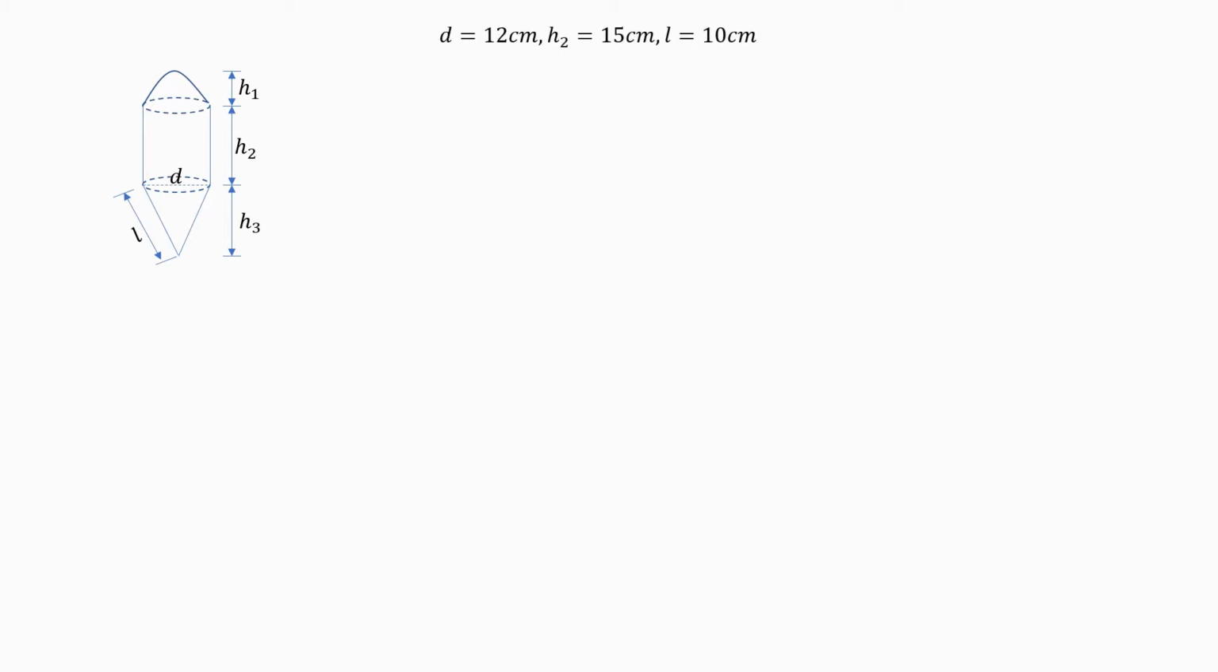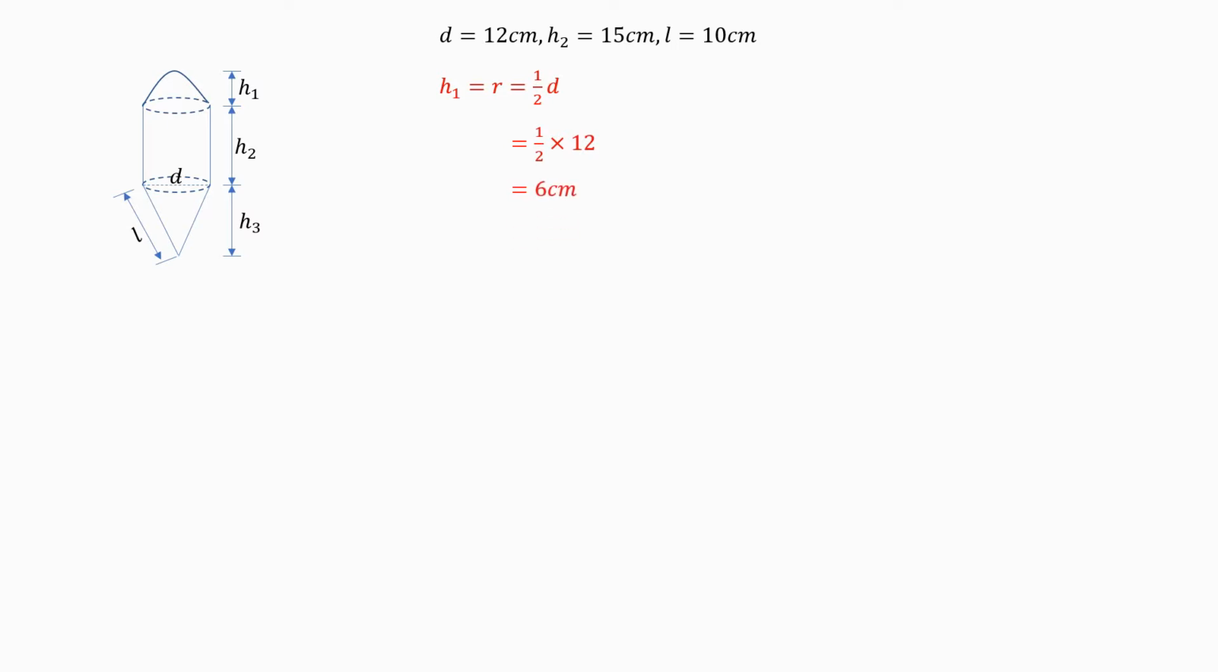And the dimensions are D is equal to 12 centimeters. The height of the cylindrical part, which we have denoted as H2, is 15 centimeters. And L, the slanting height of the conical part, is 10 centimeters. So we start by obtaining the height of the hemispherical part. Its height is the same as the radius of the hemisphere, and the radius is half the diameter. So to obtain H1, it's half of the diameter, which is 12 centimeters, and so H1 is equal to